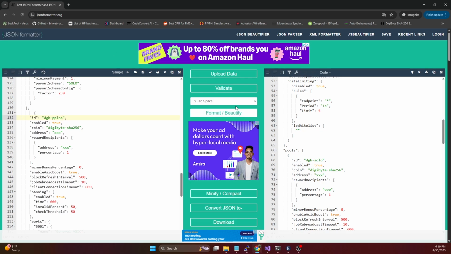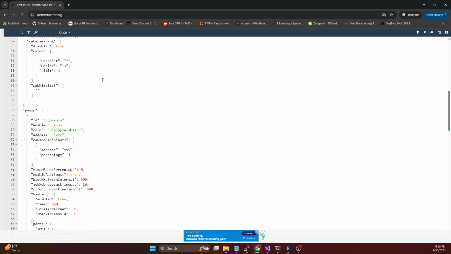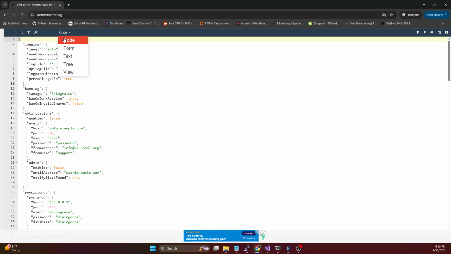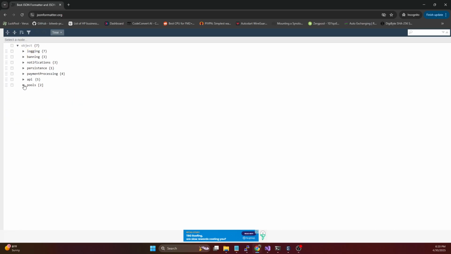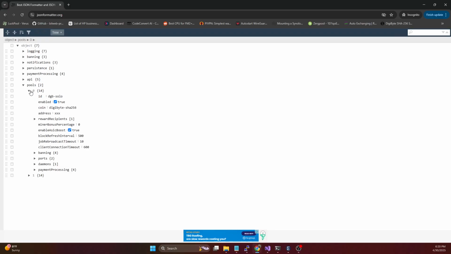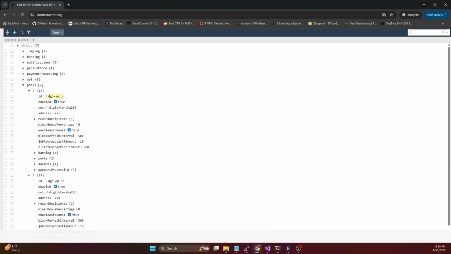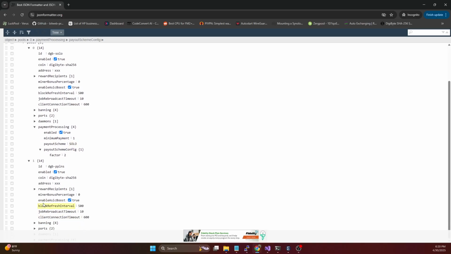We have Format and Beautify. And if we bring this up, whoops, hit the little maximize here, this will bring it up in full screen mode for you. And you can actually switch to a tree view, where it'll show you each of those segments and what we have. So we've got basically a 0 index and a 1 index. And you can see the IDs here. And for us, if we go to the payment processing section, we can expand payment scheme out config. So we can see this one is Solo. And this one,